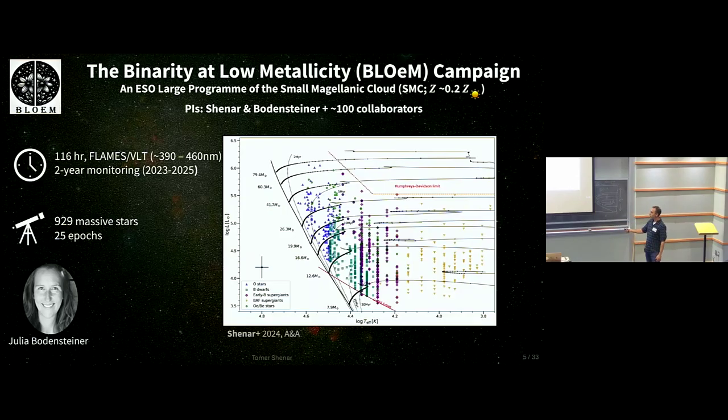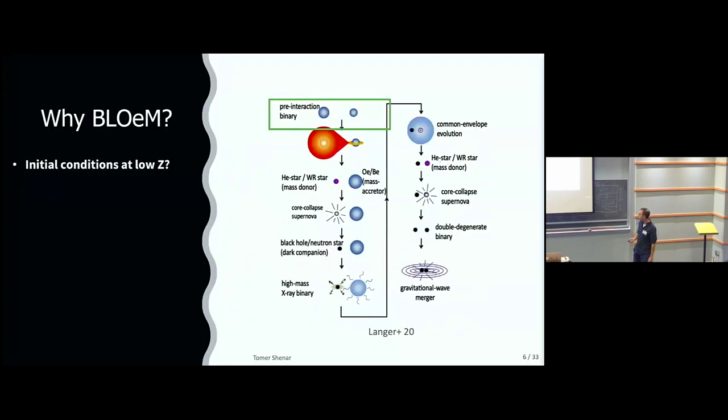We just finished actually collecting the data. The monitoring campaign is 25 epochs, so we have 25 visits for each of these stars, with many, many goals, like deriving the orbits, getting the binary fractions, hunting for black holes. So I mentioned that we have quite a few questions that we want to address, and indeed in this talk, I'm not just going to talk about black holes, but also a bit about their progenitors.